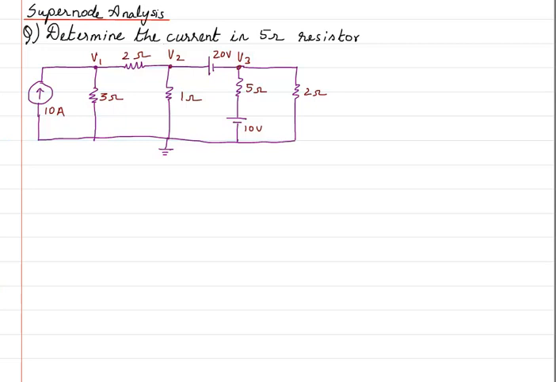If we have to use the nodal analysis, then we have to draw the currents. So we can draw a current here any which way. We can draw the different currents. The problem arises in this particular branch because here the voltage is 20 volts and all we can say is V2 minus V3 is going to be equal to 20 volts.